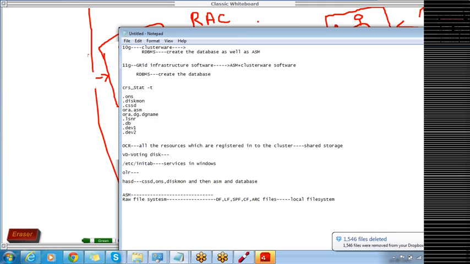Now, for voting disk and OCR disk in 10G, we can place OCR and voting disk in either OCFS file system, which is another file system developed by Oracle, and stands for Oracle Cluster File System. So using OCFS file system, we can place OCR and voting disk in the shared storage. In 11G, or raw file system,